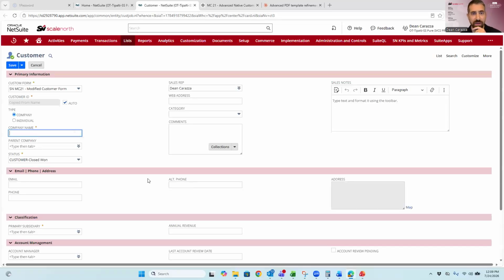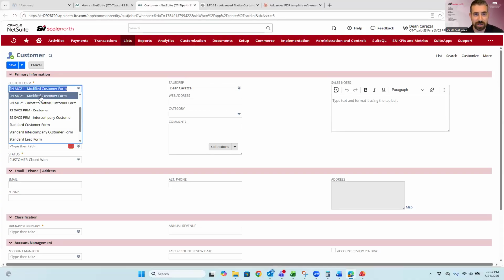Give us a little sec, it's a little slow because this is a demo environment. This loads a customer record, and you can see in the drop down there are all kinds of forms available. I tried to reset this back to the native NetSuite form the best I can. There are still some fields that show up, but to show what it would look like if we reset this to a native setting,